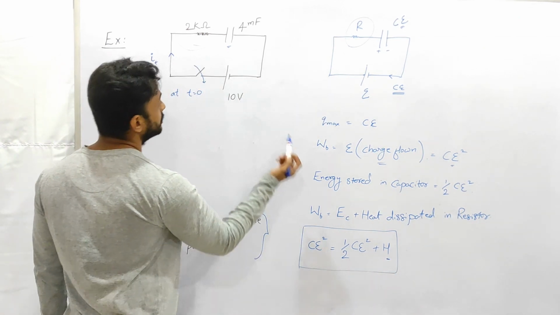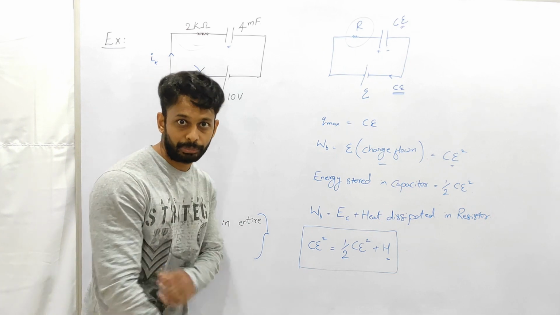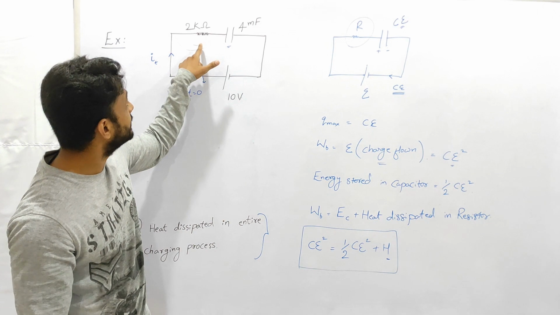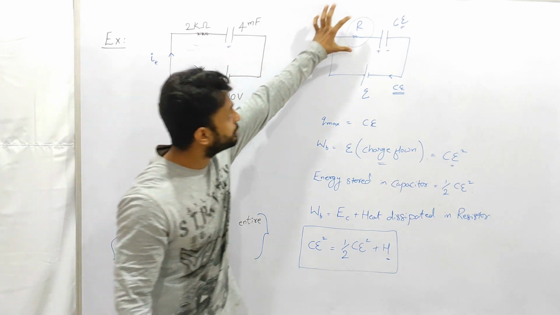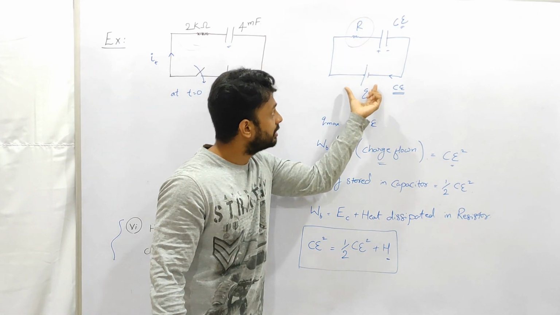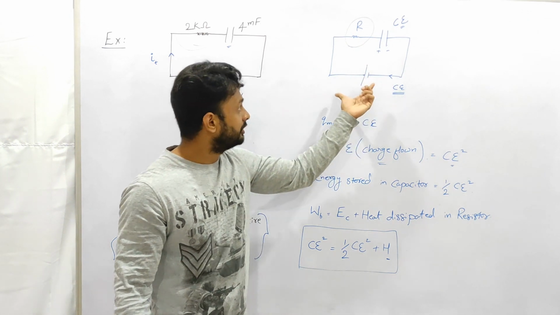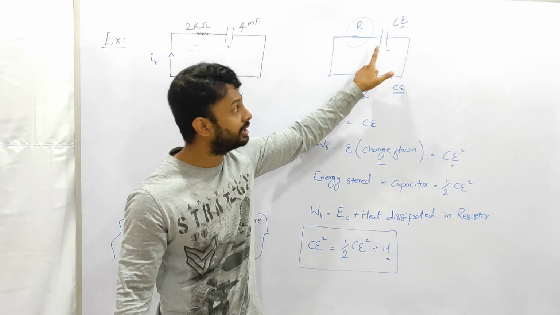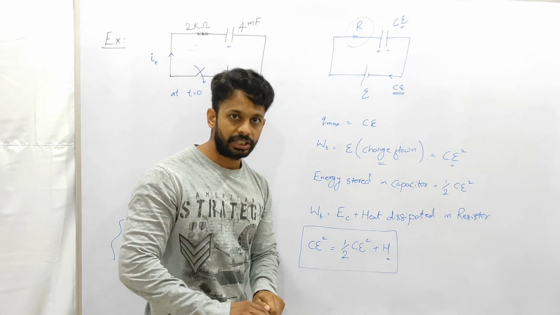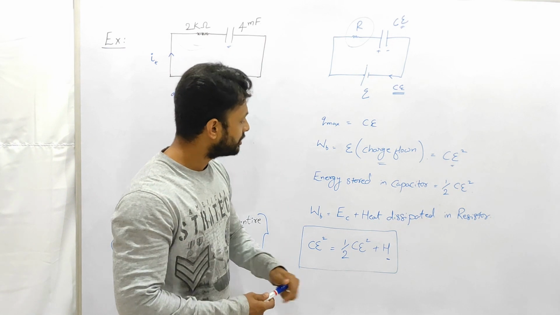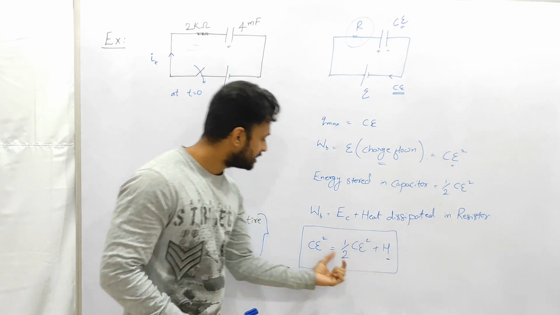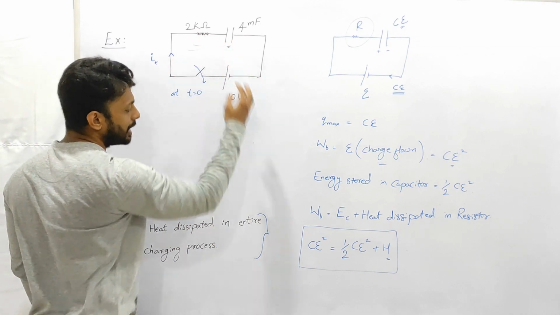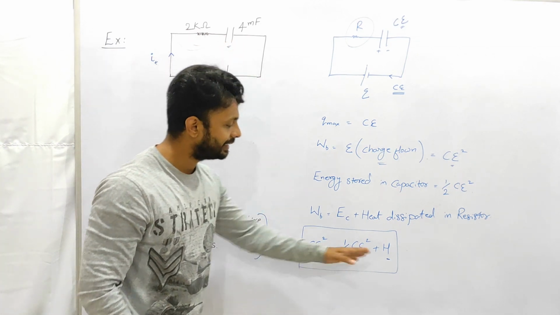Again you see that this matches the previous method, and here the heat dissipated is again independent of the resistance. Irrespective of the resistance, whenever a capacitor is charged, if we do some work CE square, half the energy is stored in the capacitor and half the energy is dissipated in the resistor. Once we got that relation, H is equal to half CE square, just putting in the values of the resistance and the capacitance, we can get the heat dissipated.